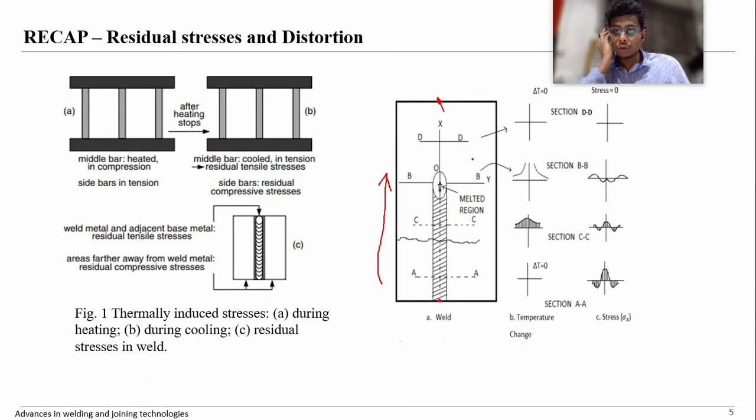So if I take section DD, it basically shows the unaffected region, meaning before welding. Before welding, obviously the plates will be at room temperature, and there is no contraction or expansion and no restrictions, so the stresses won't be generated. Fine. Now I'll take section BB. This figure,